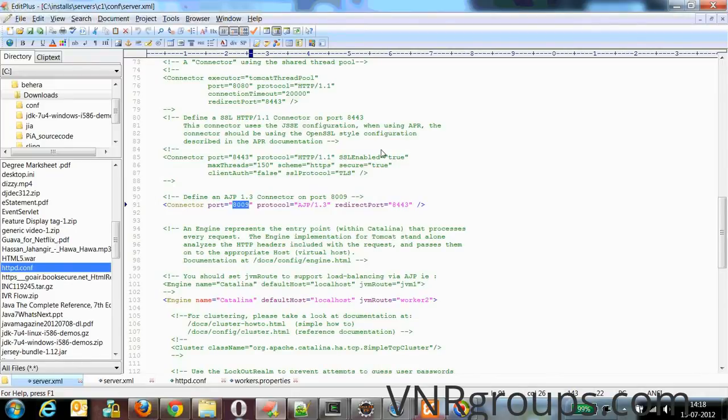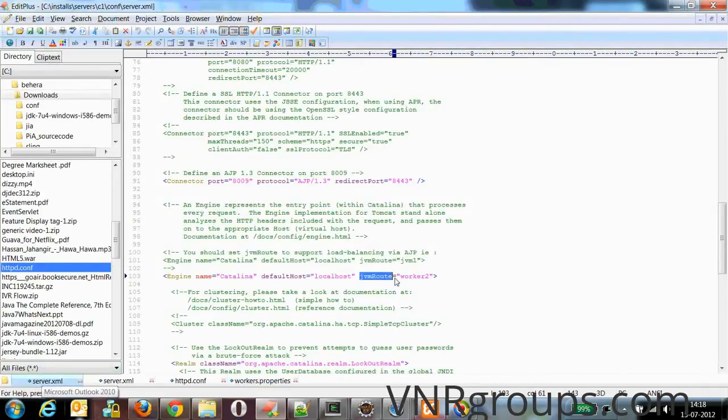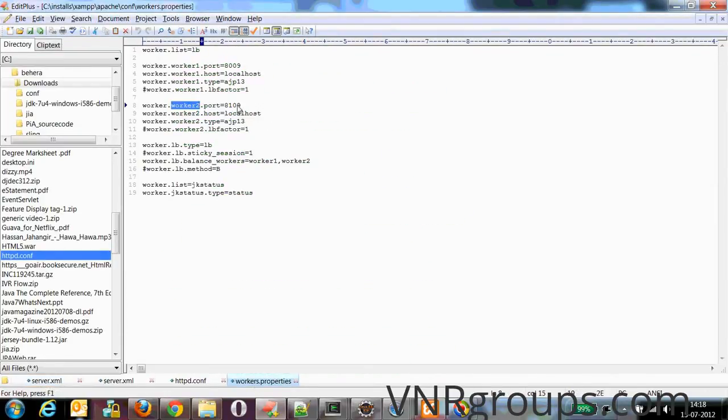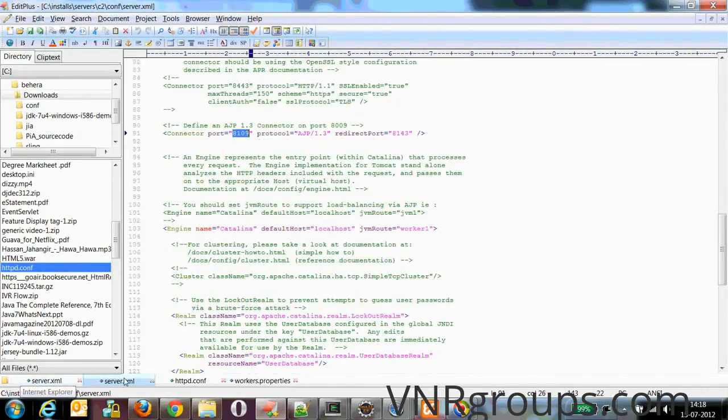Whatever name you are giving here for your worker, that particular name you have to give in your jvmRoute. For example, for 8109, my worker name is worker2, so I have given jvmRoute equal to worker2. For my first instance, I have given worker1. Sorry, I made a mistake here. This should be worker2 and this should be worker1.